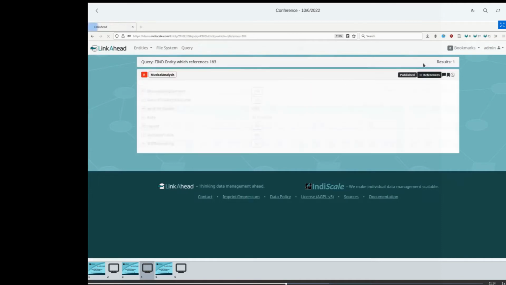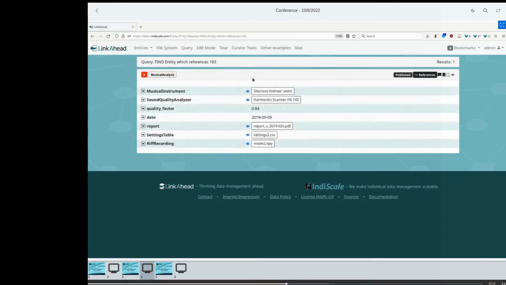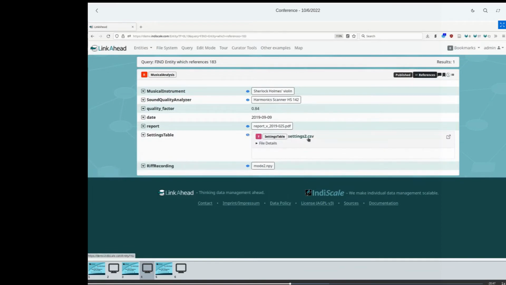So for example, we have a kind of musical analysis of a musical instrument, which is simply our example here. And this analysis record has a reference to a file entry. So for example, we have a setting CSV, which we have here. We have some time series here, and so if you want to store this, if you want to store your file inside LinkAhead,